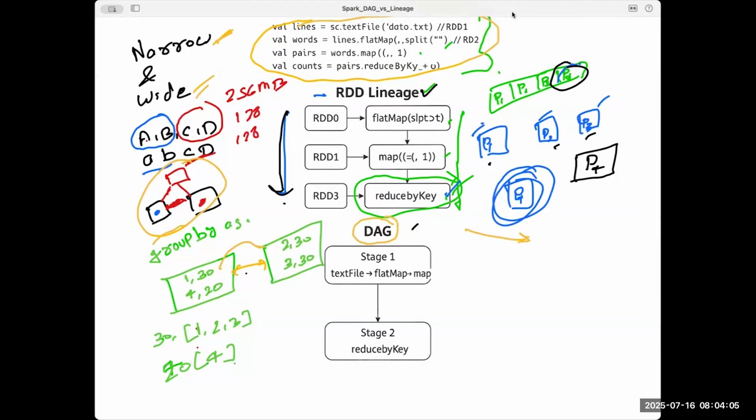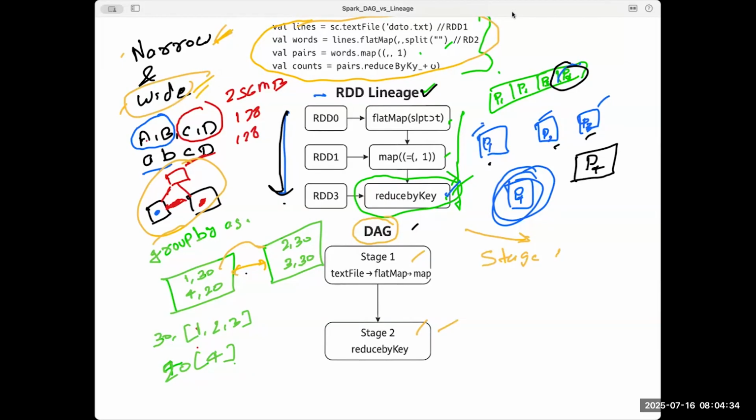So you just understand here, DAG will create stages on the basis of narrow or wide transformations. If you have narrow transformations where you don't need data movement, it will create one stage for all of those. And wherever you have a wide transformation, for each wide transformation it will create one separate stage.